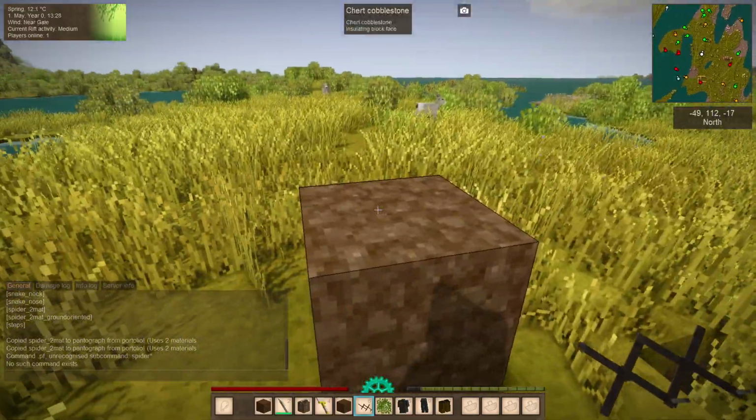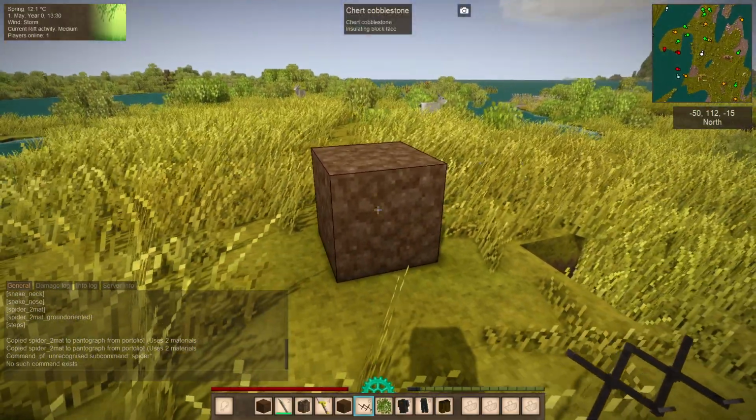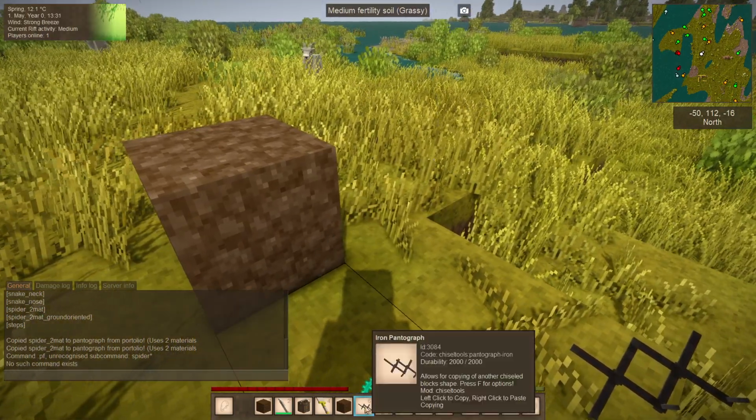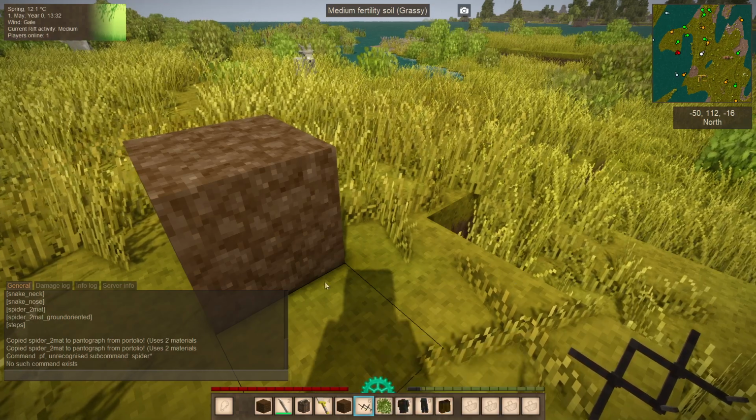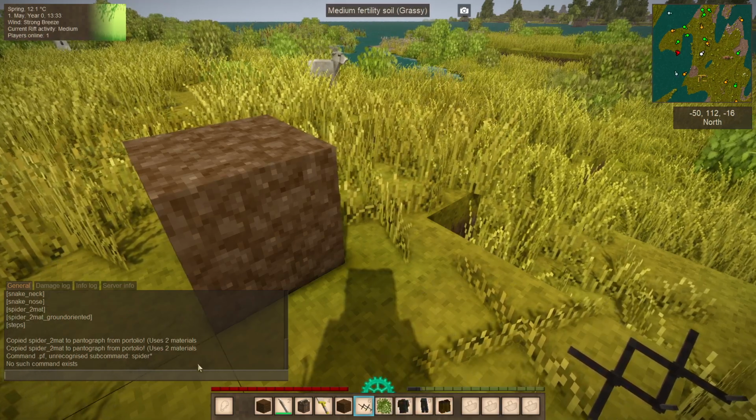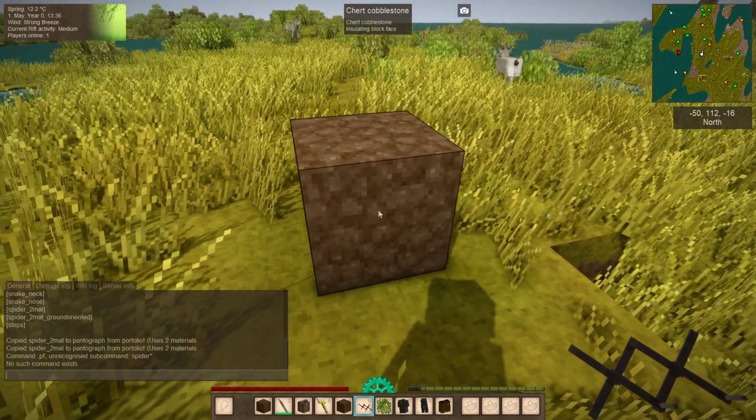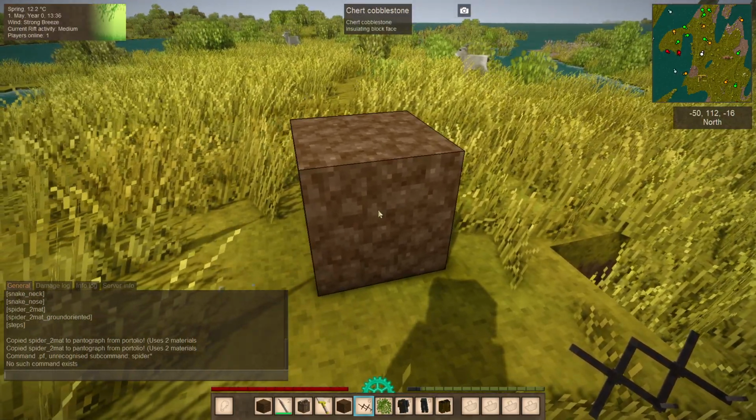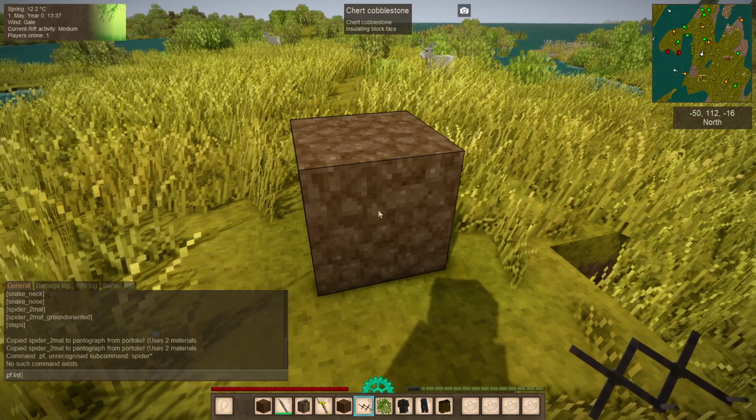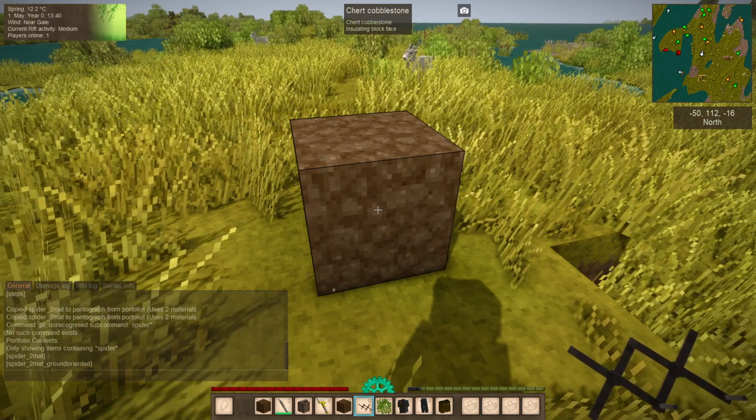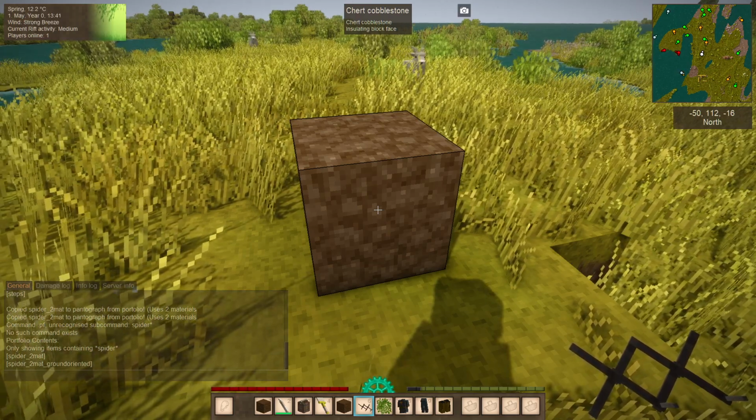So the last couple versions of Chisel Tools have featured the portfolio tool for the pantograph, which allows loading and saving of shapes that work between different servers and worlds. With the pantograph in my hand, let's just look for everything with spider. Actually, the pantograph doesn't have to be in your hand for listing stuff, just for loading stuff, which we're